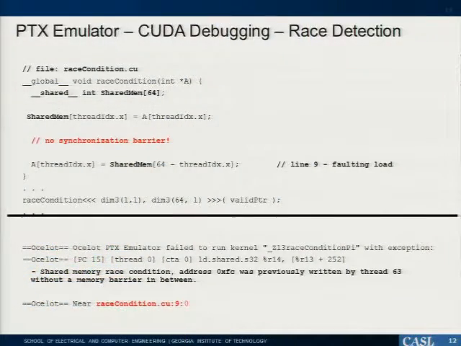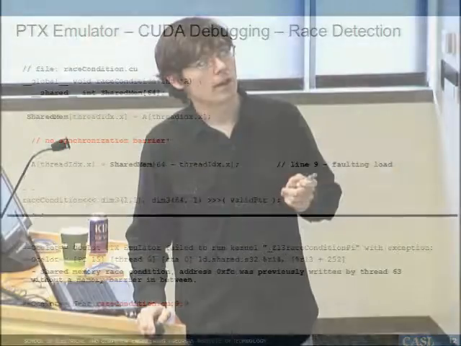So here's a very simple example of race detection. We have a CUDA kernel that declares an array in shared memory, which means all threads can write to it. But it's possible that some thread could write or read from shared memory while expecting the value that another thread would have written. Because there's no synchronization barrier, that other thread might not have executed that code yet, because there could be, say, 100 or 128 threads running